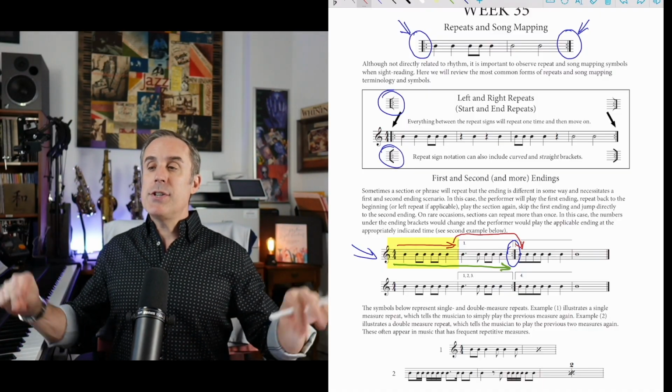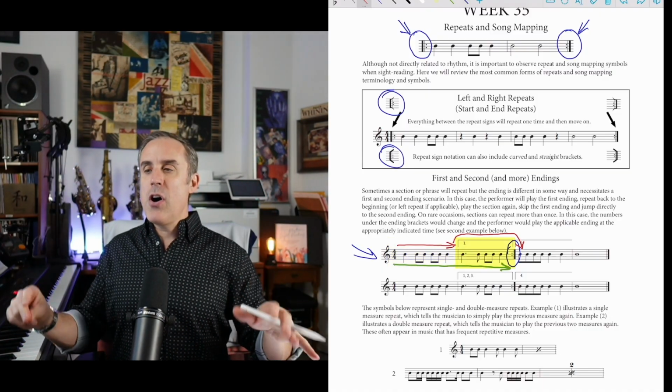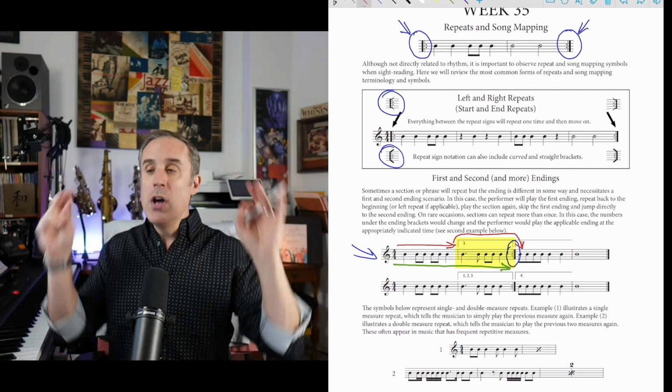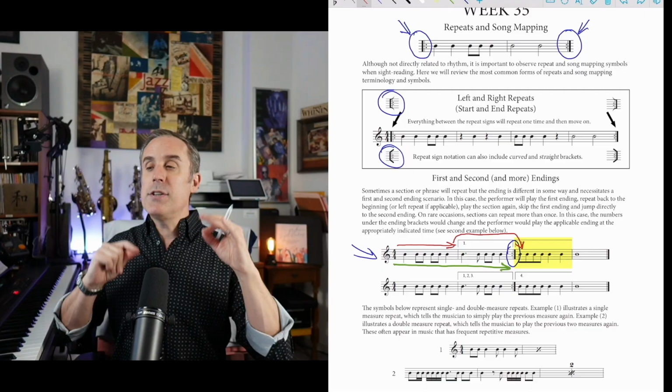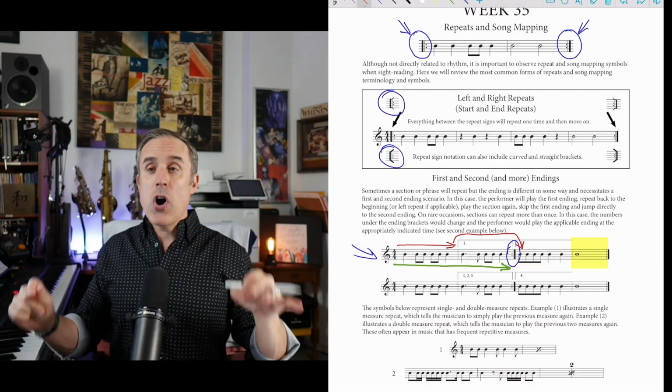Ta, ti, ti, ti, ti, ta, ta, ti, ti, ti, ta, ta, ti, ti, ti, ti, ta, ti, ti, ti, ti, ta, ta,